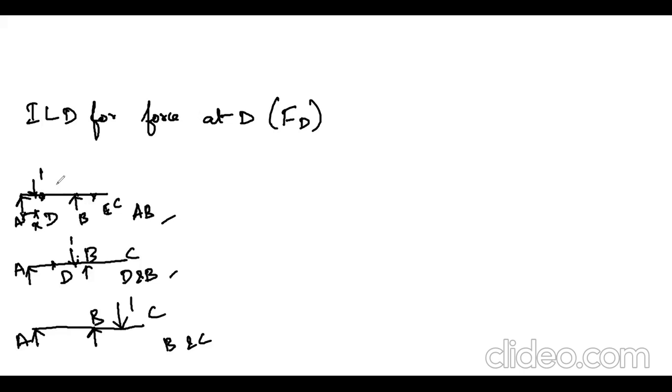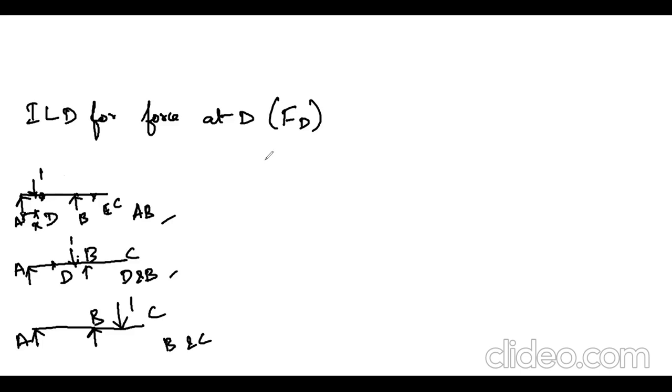Whenever you are going to find the force, you have to take either side of the point you are considering. Now, the point I considered is D. Either I may choose the left portion of the point or the right portion of the point. Here, the right portion of the point has only the reaction at B, because if I consider the left portion, I will be having a unit load 1 also, so it will be critical for me to determine the value of the force at the point D. So I am considering the right portion because there I have only the support reaction at the point B.